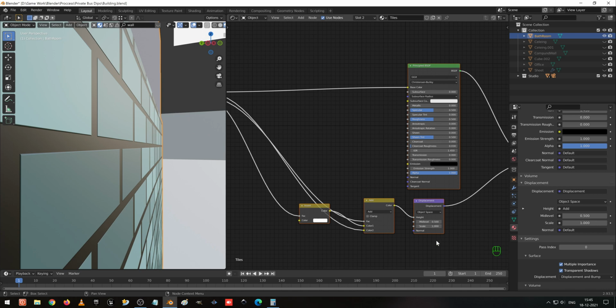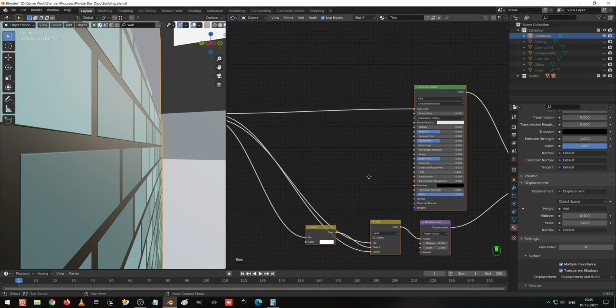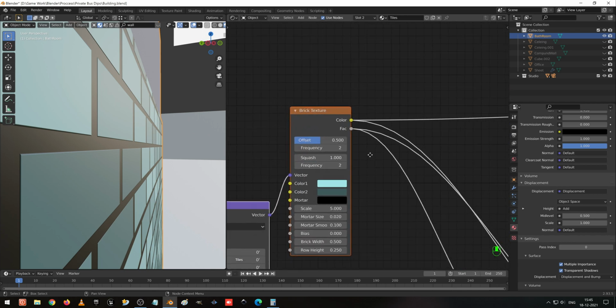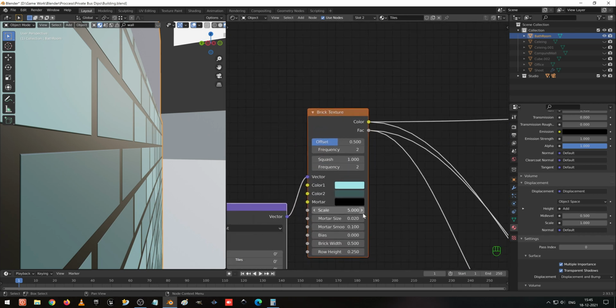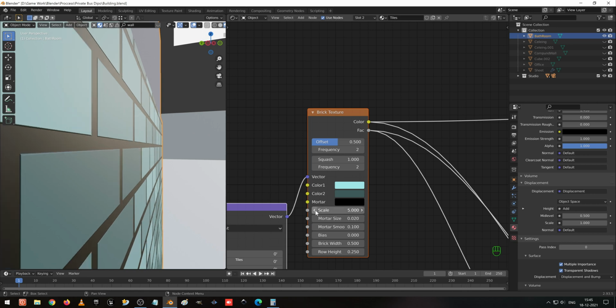So make the scale 1, 0.5. Here we can scale the size. Okay, which is not required for us, let it be the same.